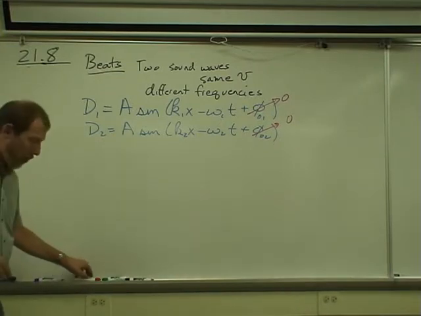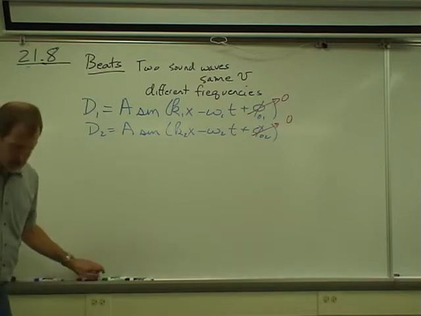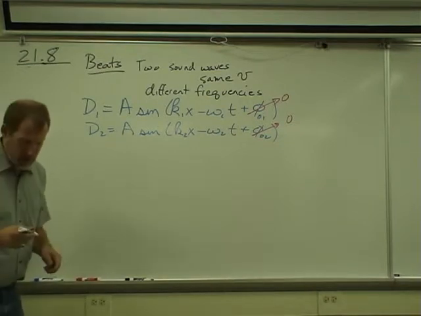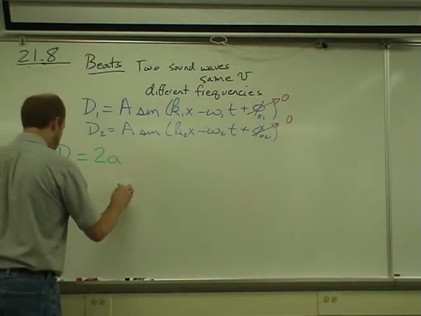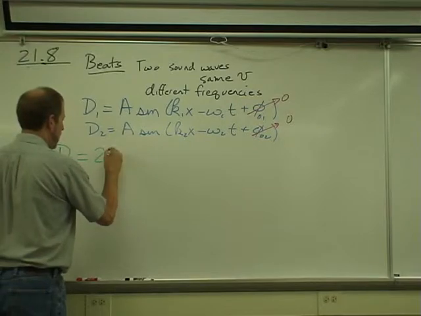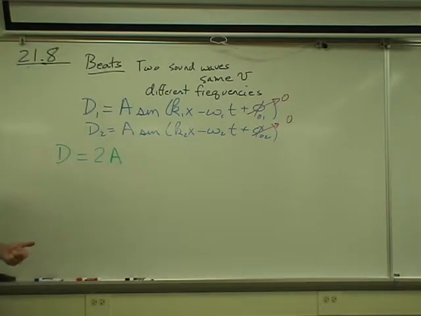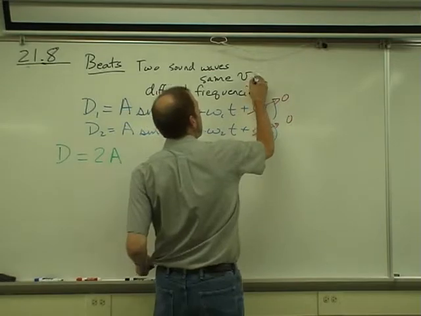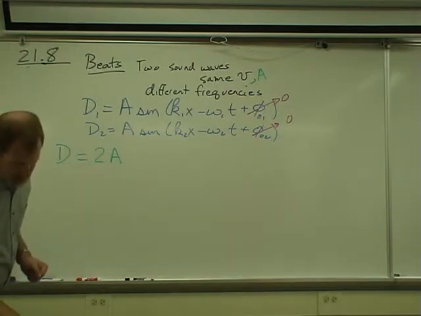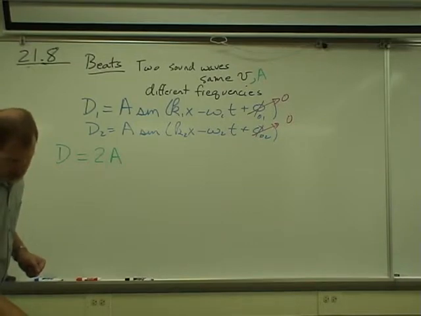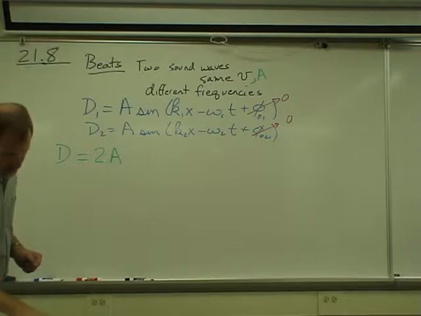To get to the point of a displacement is equal to, if, let's give both of these the same amplitude, because hey, why not? Then I've got, okay, that comes into